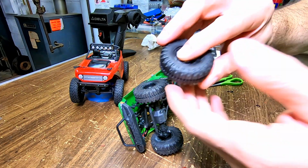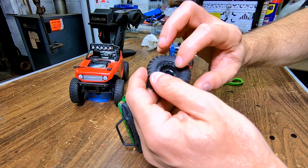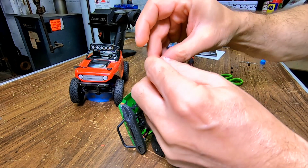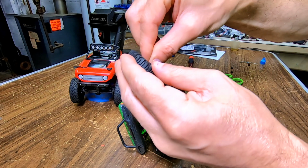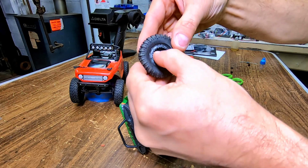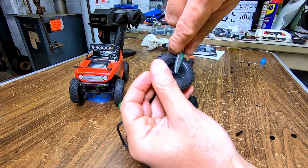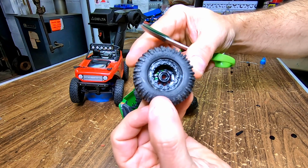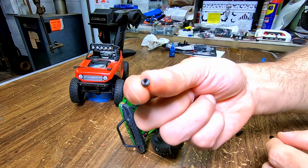Now you just get it and press it in the back of the wheel here. But it's probably easier just to go to the hardware store and get the proper ones. You see how I did that? That was perfect. You press it in the back of the wheel, then what you do is you get your nut here